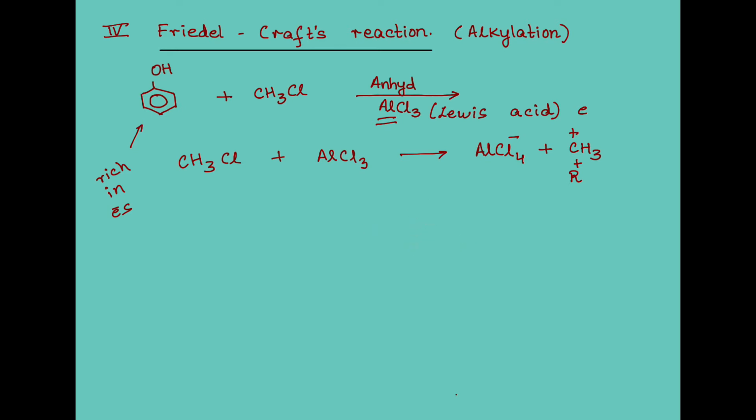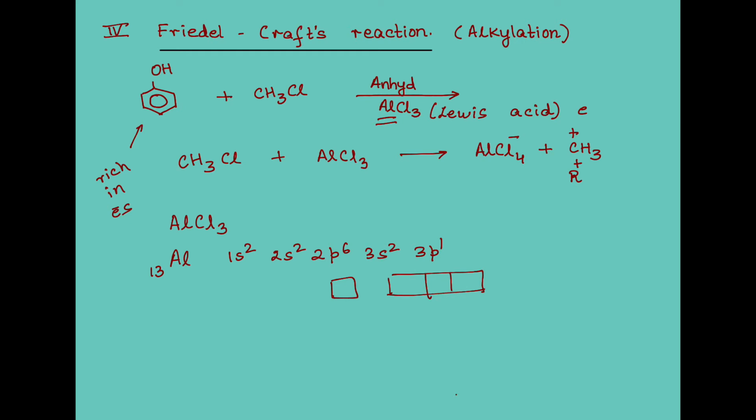Now you must be wondering, how is aluminium chloride poor in electrons? Why is it a Lewis acid? Let's go to the atomic number of aluminium, 13. What do we get from the atomic number? Obviously, we are able to write the electronic configuration. We also know that chlorine is highly electronegative, so it causes the electrons from the 3s orbital to unpair and jump to p. So the configuration now that I have is 3s1, 3p2.